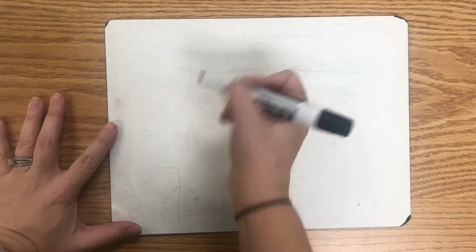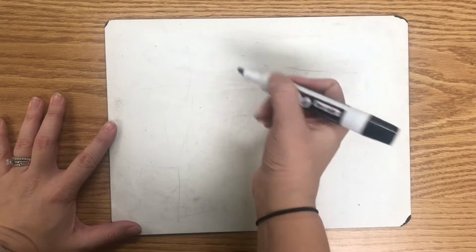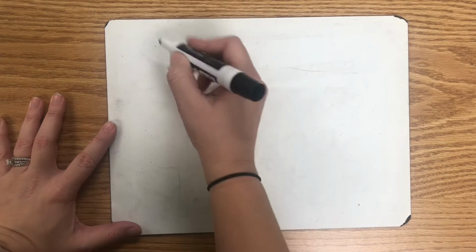Today we're going to review how to add fractions with common denominators. So when you add a fraction with a common denominator, you just add straight across. Your denominator stays the same. So for example,